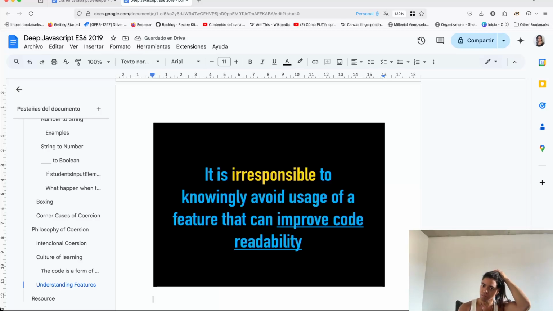Let's take a look at coercion a bit more deeply with this exercise. We've learned now a bit about how coercion works with